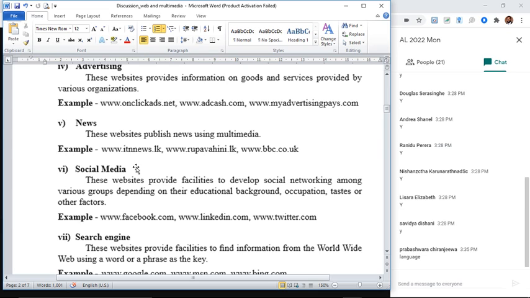Right, I am giving a question today to do research on Facebook, right? So these websites provide facilities to develop social networking among various groups depending on their educational background, occupation, taste and